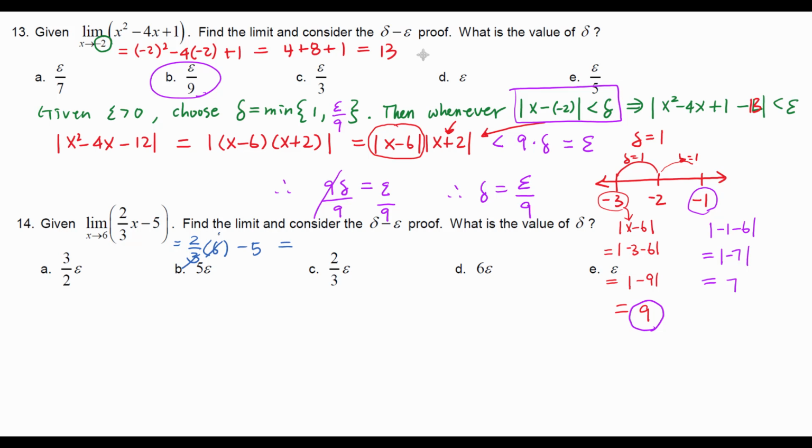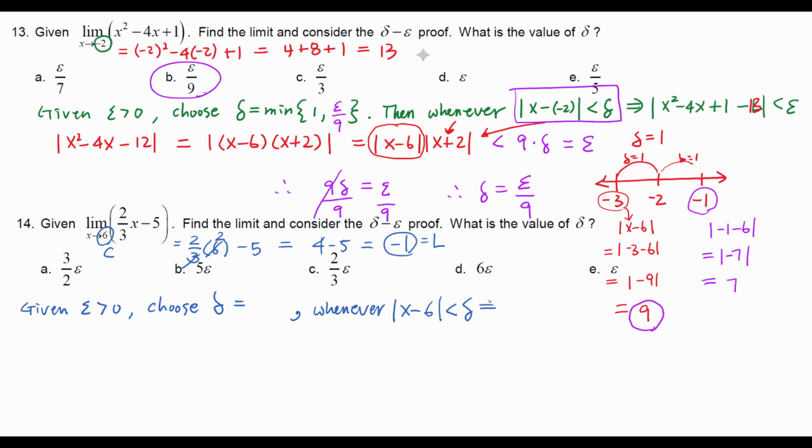So 3 goes into 6 twice. 2 times 2 is 4. Subtract 5, which is negative 1. So this is your L. Your C is 6. So let, given epsilon greater than 0, choose delta equal, we don't know yet, so that whenever the absolute value of x minus our C, which is 6, is less than delta, it would imply the absolute value of my function, 2/3 x minus 5, minus L, which is negative 1,